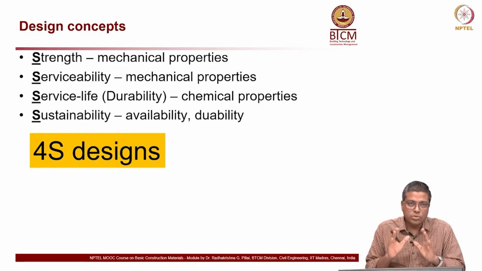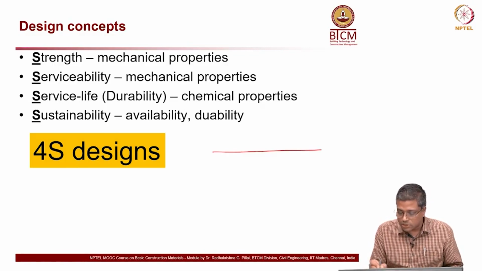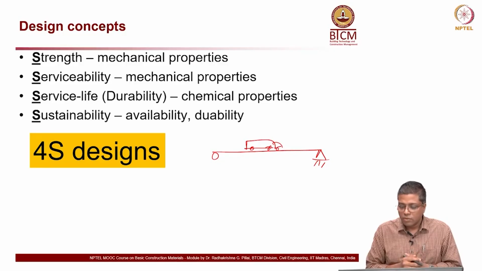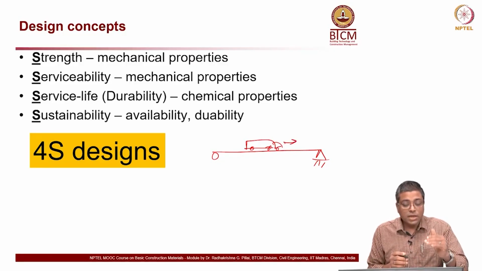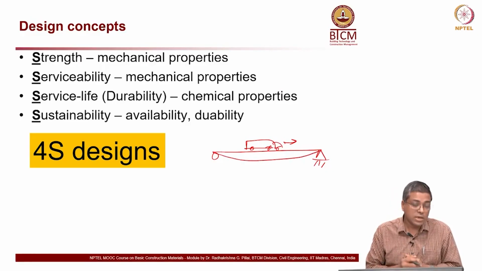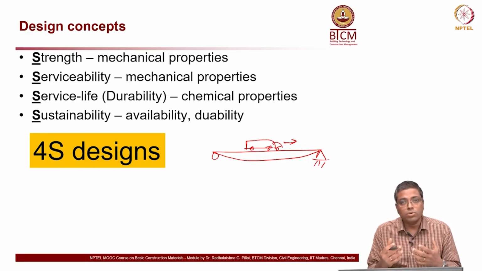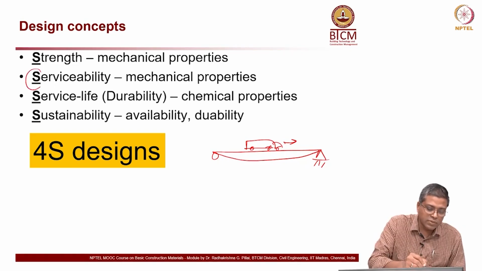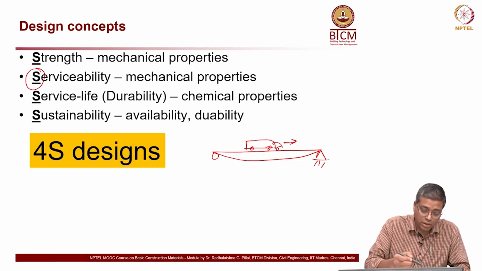For example, I am going to use a case of a bridge. Okay. Let us say this is a bridge here, and you have a vehicle going. Now, serviceability means this bridge should not deflect like this when the vehicle is traveling. It will deflect to some extent, agreed, but it should not be so much deflection that you start feeling worried whether it is going to fall down or not. So, there is a limit for deflection. Those are again looked at through the mechanical properties, but it has mainly the serviceability characteristics or criteria.